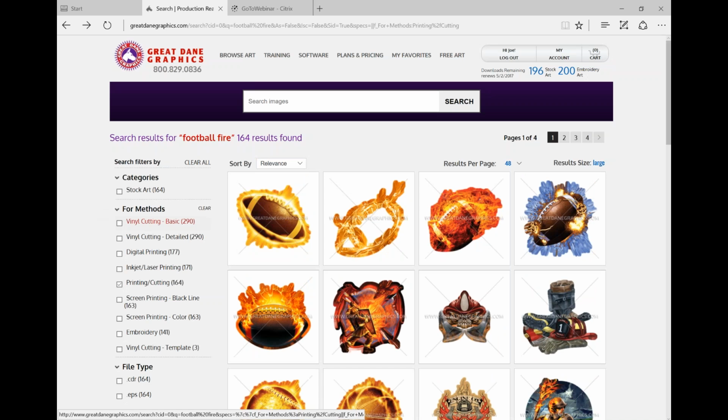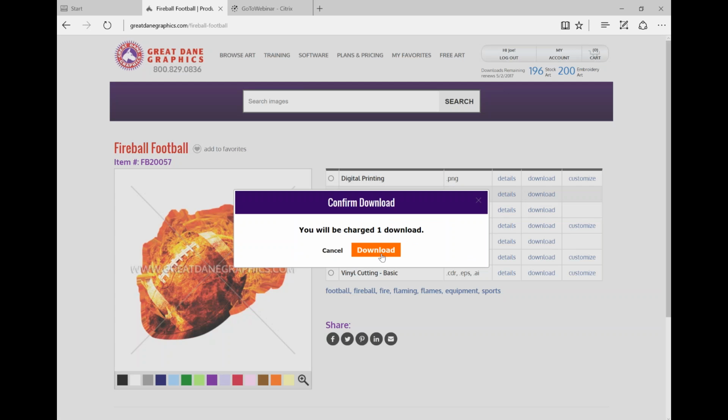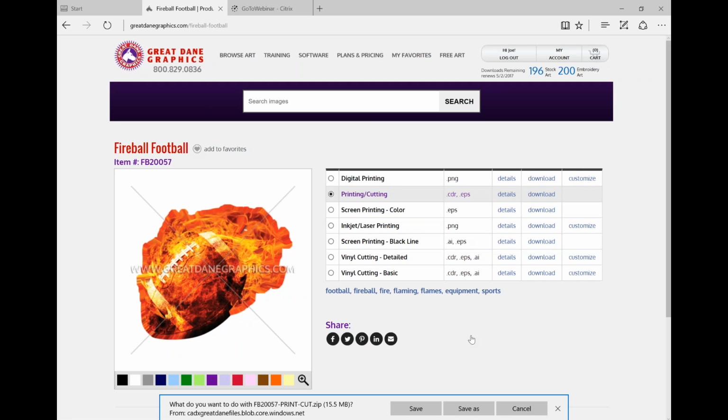All right. There's our fire image. As you can see, everything's the bleed. It's just showing our presentation. So we come here and, all right, we're already on the print cutting. Just click the download button. Once it charges me to download, I want to do that. Click yes. All right, now here's one thing we're coming into that is definitely on our top